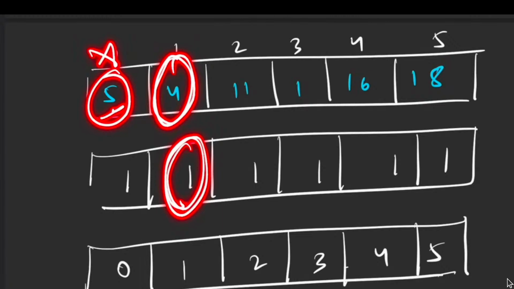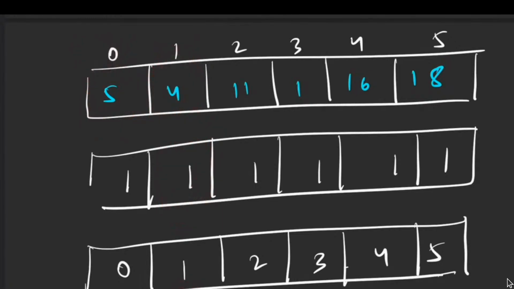Still be 1, and this 5 cannot be a part of it. So let's keep it as 1, and this will also be staying as 1. Now whenever we are at 11,